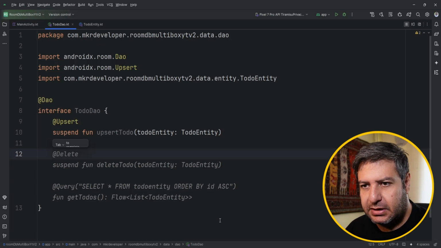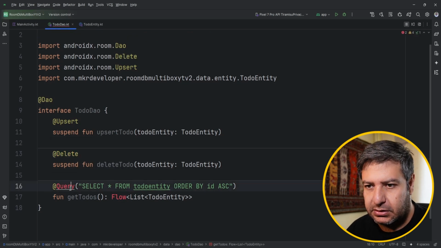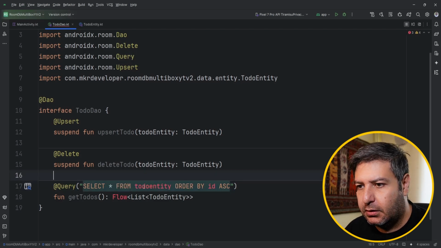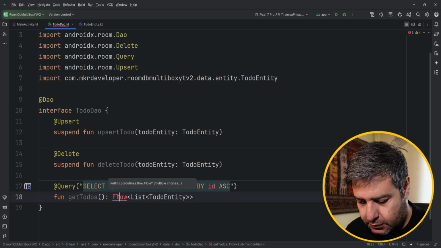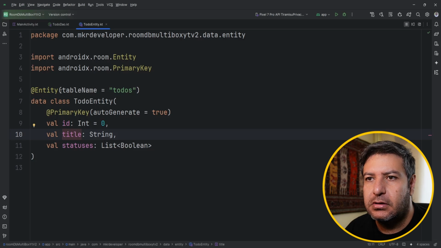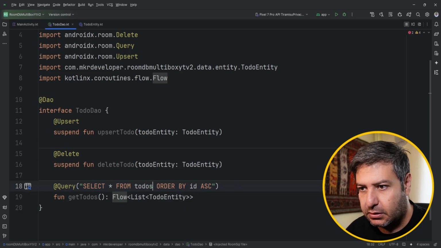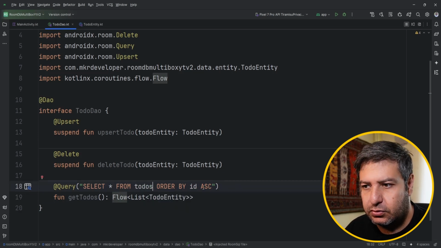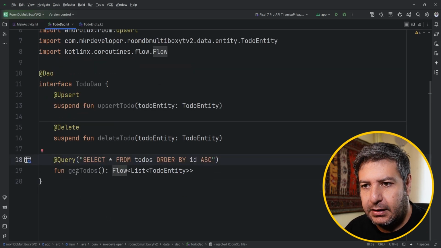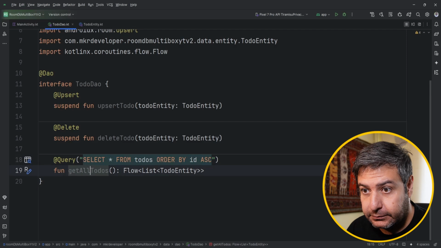So let's have it and do some changes in it. Alt and enter to import the Delete annotation, then Alt and enter to import this. We don't have such a thing, but we can import it. Let's go to the entity. The table name is todos. So instead of this, I can use todos, and there is no need to import anything else here. It works perfectly. And instead of getToDos, we can use getAllToDos